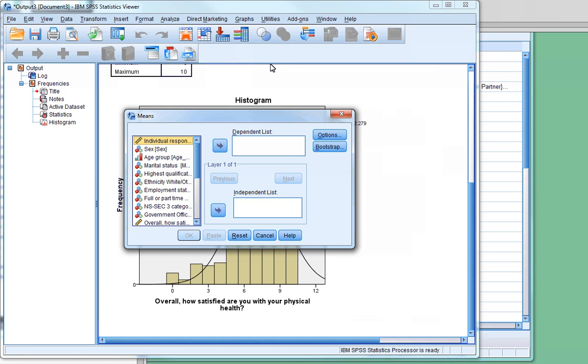When comparing means, the continuous variable is always the dependent variable, and the categorical one is always the independent variable. You should be able to work out which is which if you think about the dependent variable as the outcome variable and the independent variable as the explanatory variable. In our example, satisfaction with physical health has to be the outcome and sex has to be the explanatory variable, because being male or female might affect your satisfaction with your physical health, but your satisfaction is unlikely to affect